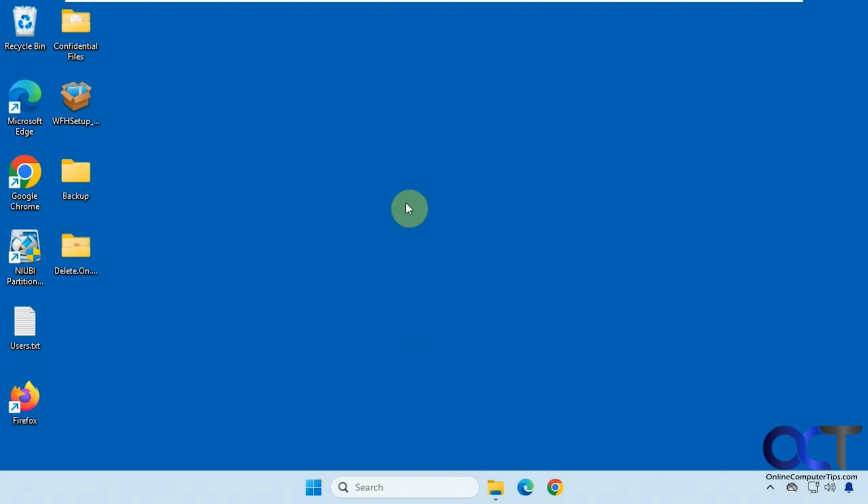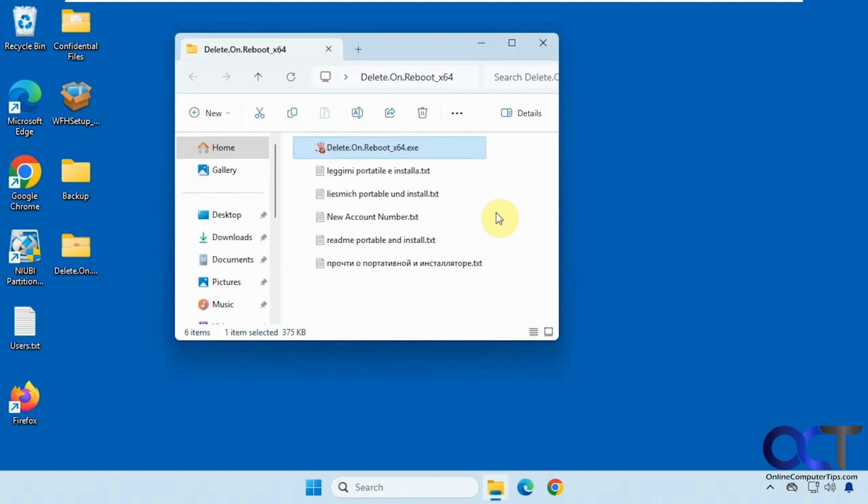Or let's say you have some confidential files and you want them removed or moved when the user reboots the computer. Alright, so the tool we're going to be using is called Delete on Reboot. They have a portable version and an installer version. I'm using the portable version, so there's nothing to install. You simply open it up,